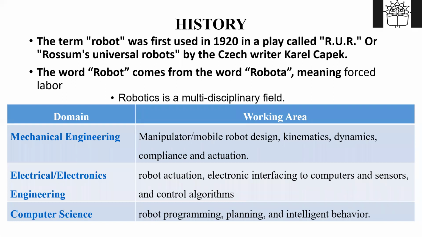If you are from computers or IT, or now the emerging field in robots, artificial intelligence. After the lecture, I will share some videos of robots with you. The robots which have artificial intelligence, the robots which play football, the robots which play ping pong. Ping pong means table tennis. So there are some robots which have artificial intelligence, so they need programming. So from computers, IT and artificial intelligence, the important contribution in the field of robotics will be robot programming, planning and intelligent behavior. That is nothing but AI.